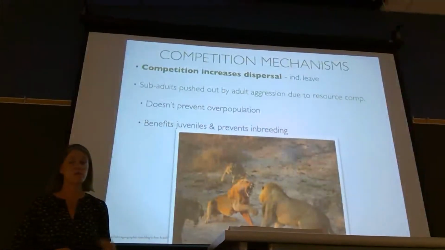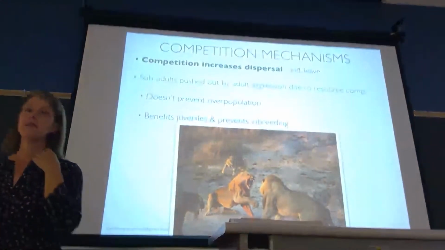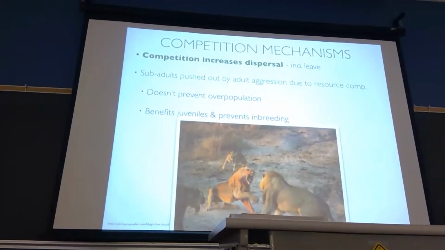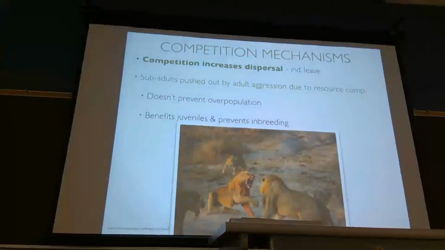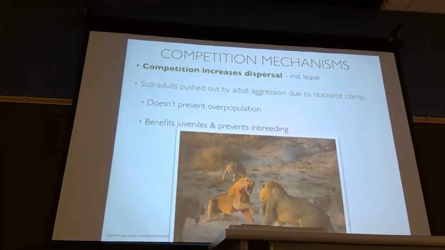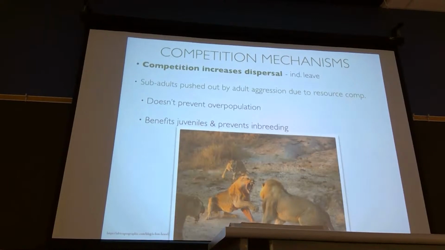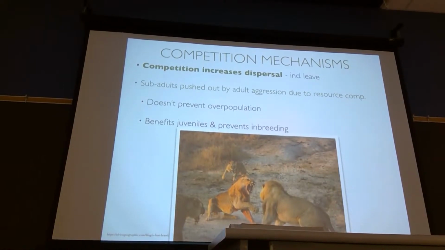And it really prevents inbreeding, helps with genetic diversity. And you won't have daughters mating with fathers. You won't have daughters mating with brothers. They tend to go in different directions. So it's not just a male that leaves, it can be a female. Oh yeah, the females will leave too, because of the resources and because there's too many females and only a certain amount of males.